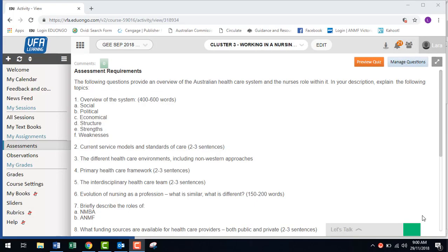So we'll just go over cluster 3, assessment task 5. Question 1: the following question provides an overview of the Australian healthcare system and the nurse's role within it. In your description, explain the following. In total, we want 400 to 600 words, and we want you to incorporate in those 600 words the